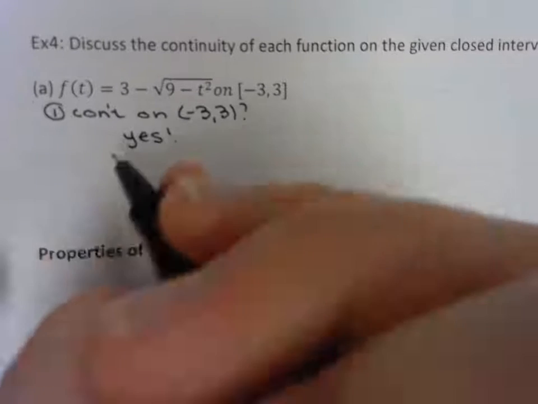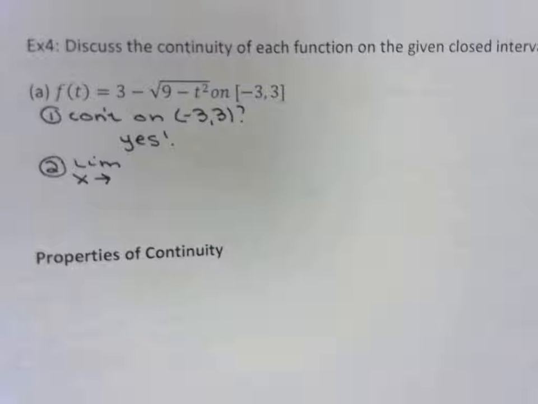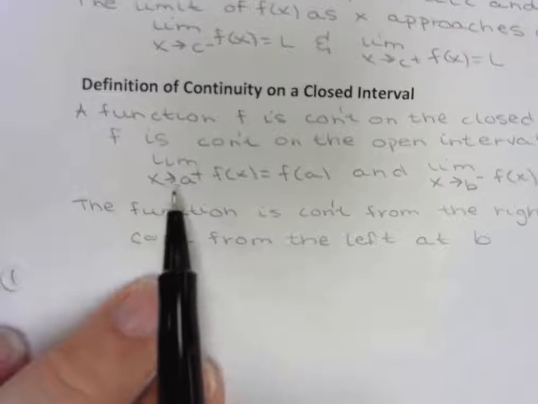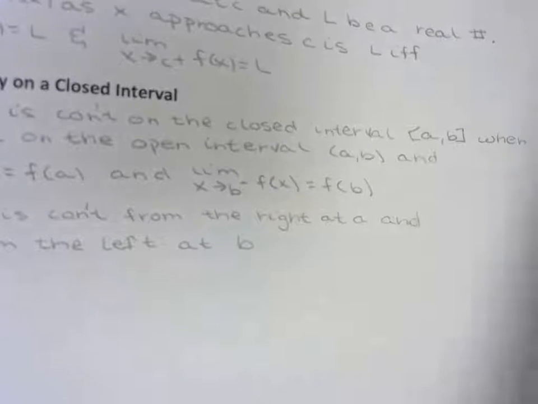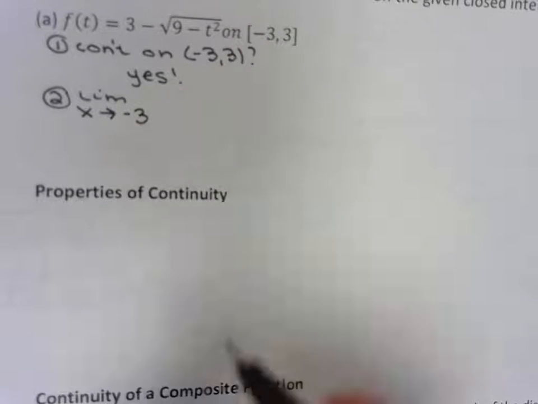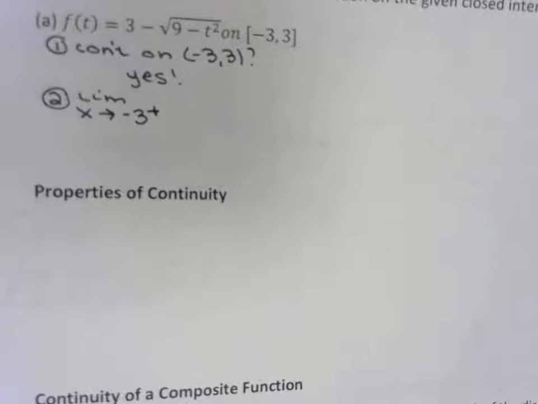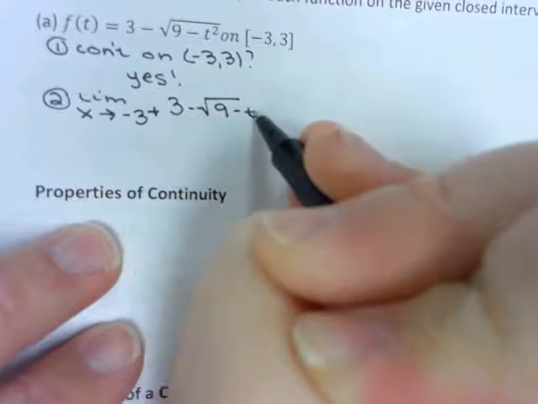The second part of the definition is I need to show the limit as x approaches a from the right. In this case, instead of a, since (a, b) is my interval, this is going to be negative 3 from the right. So as x approaches negative 3 from the right on my function, 3 minus the square root of 9 minus t squared, I want to show that